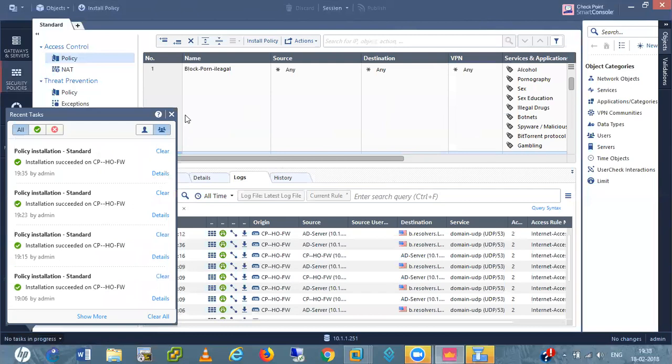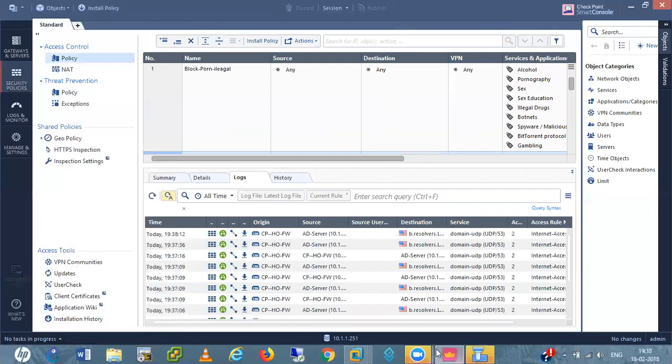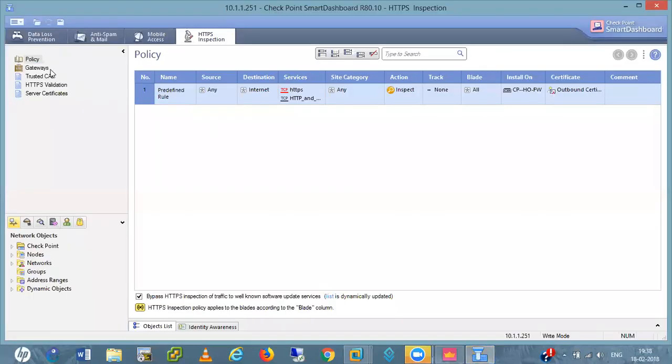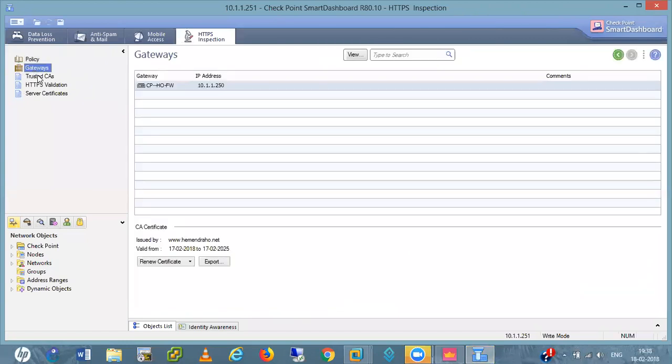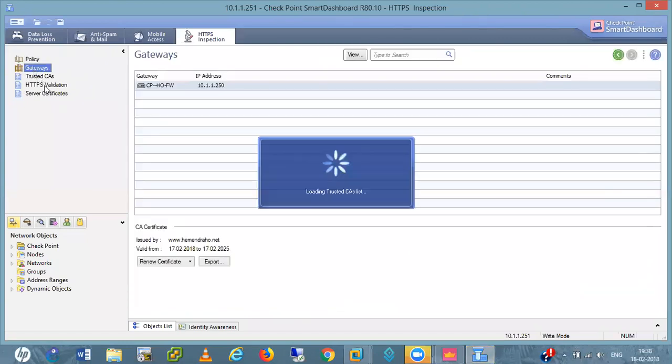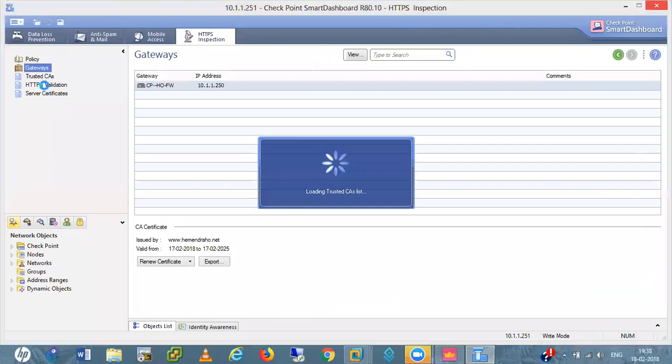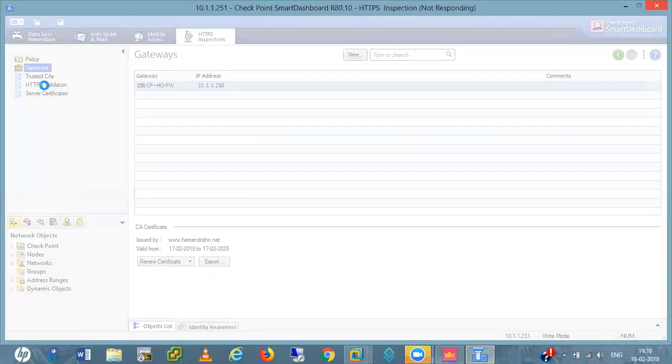Policy installation has succeeded now. This one, gateway, trusted CA. I just want to check my certificate. Why is it new certificate 7?